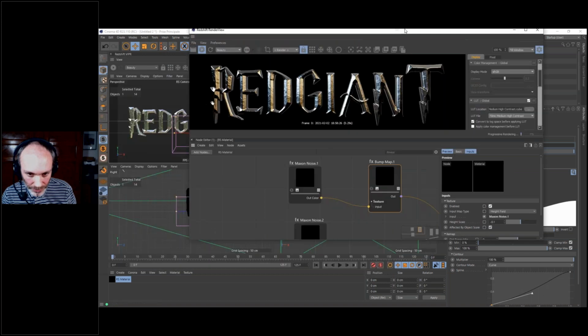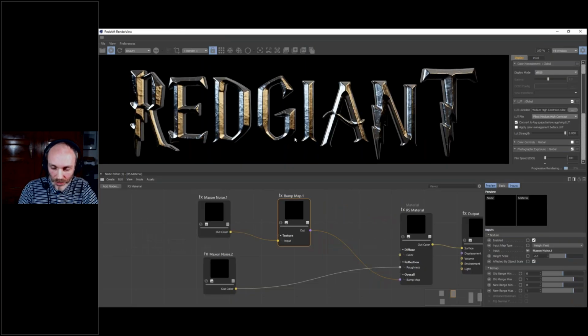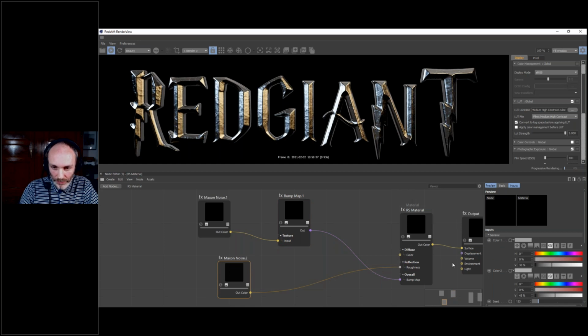And now we have our texture with different kinds of details. We have some details due to the Maxon noise on the roughness. We have some noise in the bump, and we have some details on the actual geometry. And everything works obviously with the light. If I change our light, the aspect of everything is going to change a lot, and so on and so on. So the possibilities are almost infinite.